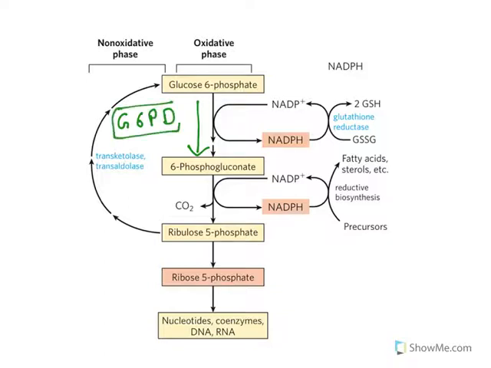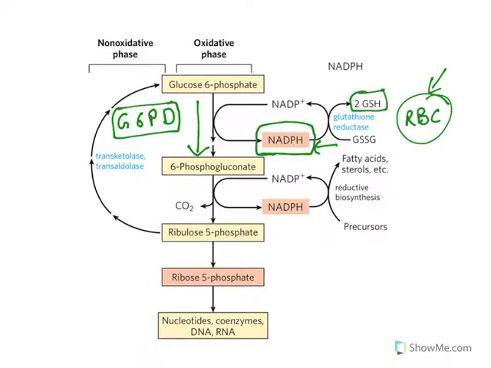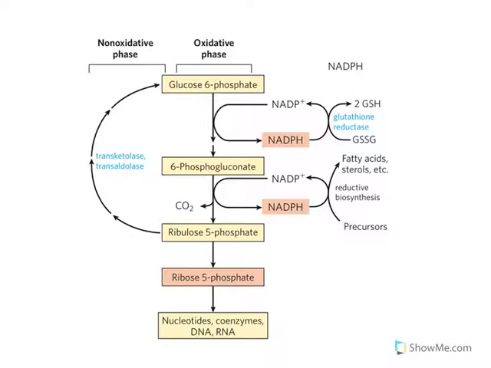Now there are people who have a deficiency of this enzyme, and so there is a deficiency of formation of NADPH, and their red blood cell hemolysis occurs due to oxidative stress. Sulfur drugs and all of them are contraindicated in that case. So the whole thing rests on the formation of NADPH. NADPH has two major roles. One, forming this glutathione. Second, it is also required for biosynthesis of fatty acids and sterols. So overall put together, the major job of HMP shunt is to form NADPH as well as DNA and RNA precursors. This is the oxidative phase.